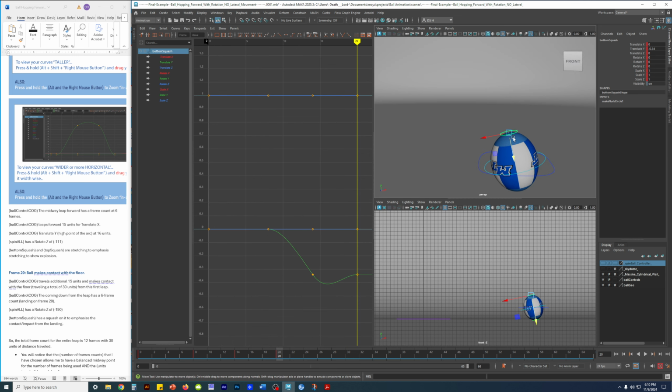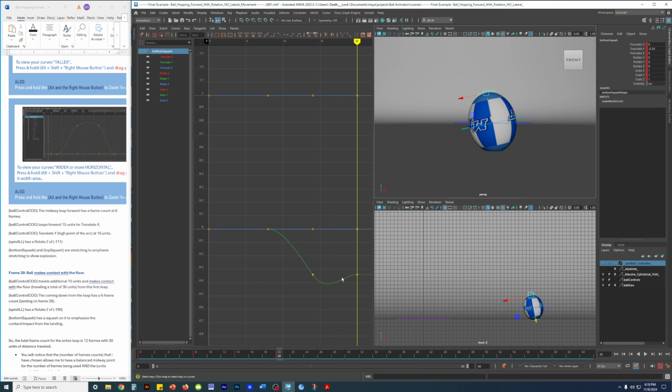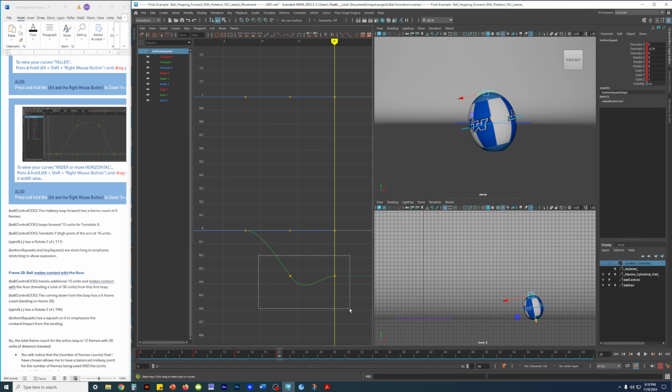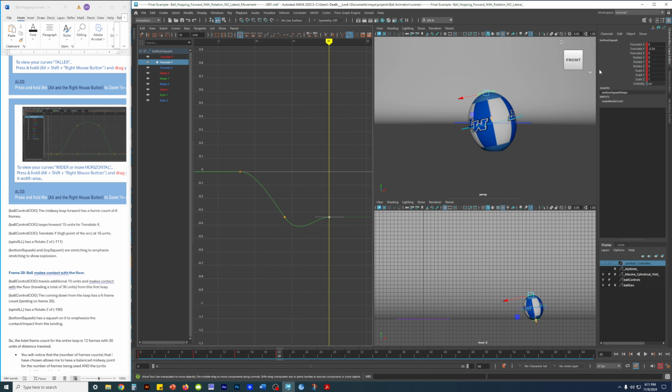I'm gonna select this, bottom squash, and you notice my bottom squash, if I select this, I selected it only to find out which one of these channels it is. Translate Y, I only want to select translate Y, because if I have all of these, I can accidentally move these guys. That's why you want to just select that, figure out what curve this is, go over here, find it, highlight it. It's a form of damage control, so you don't move around other things. So I'm going to select it like that. Instead of punching in numbers,